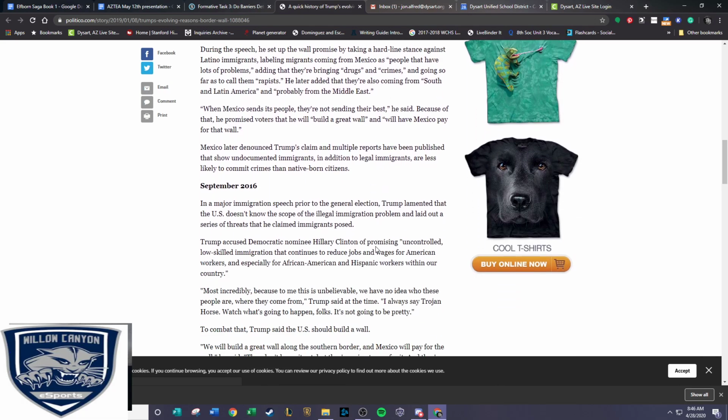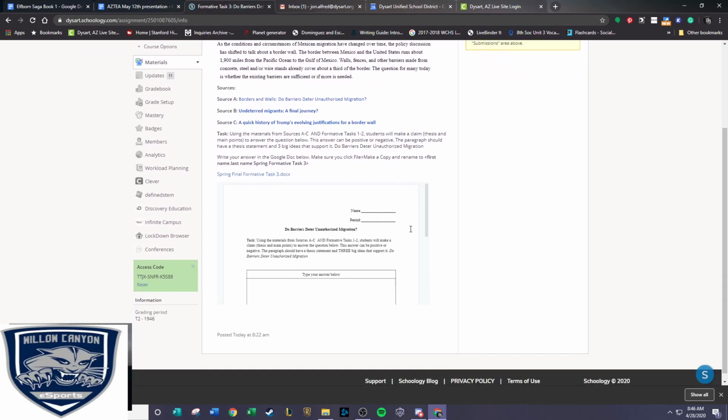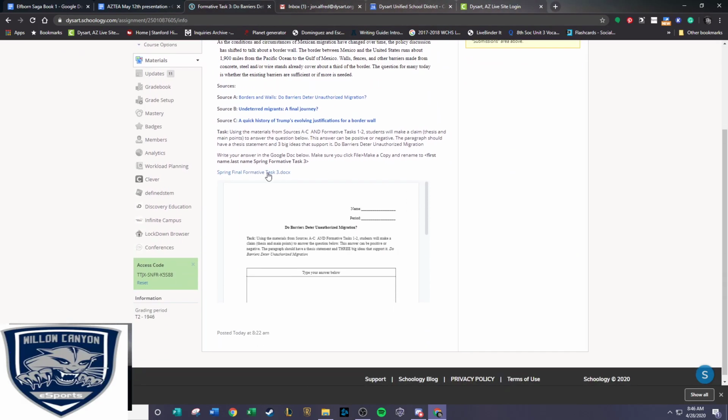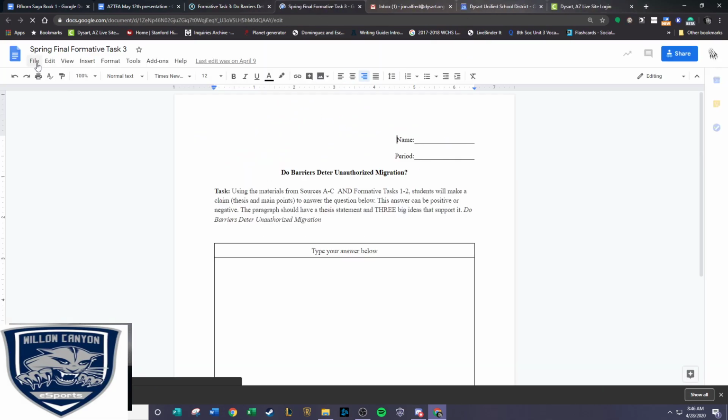Whether you agree with it or not, this is a possible source. All right, so once you are done with that, you go ahead and click on this document. You'll do the whole file, make a copy, and using materials from sources A through C and formative task 1 and 2, so the previous two assignments, you will make a claim, so your thesis and your main